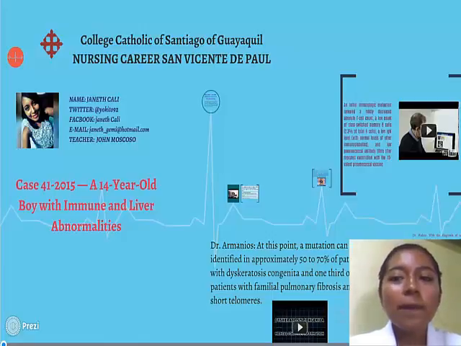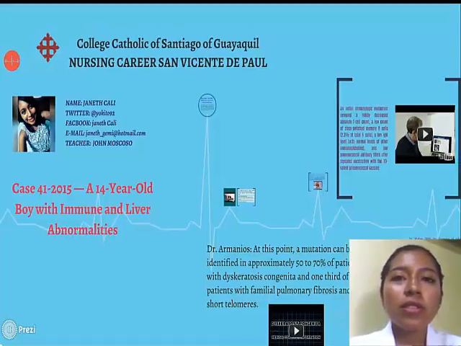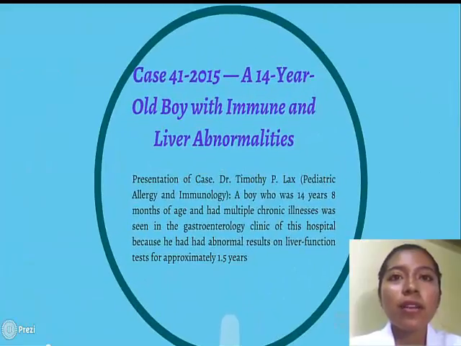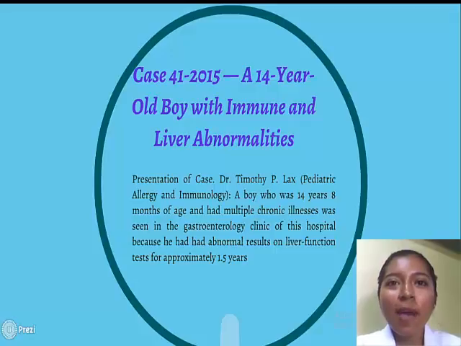Case 41-2015: A 14-year-old boy with immune and liver abnormalities. Presentation of case by Dr. Timothy Black, Pediatric Allergy and Immunology. A boy who was